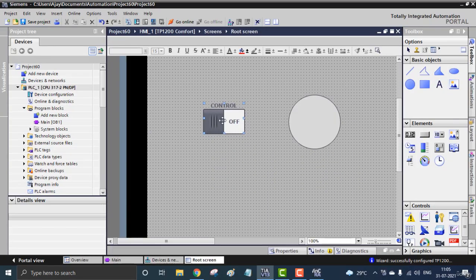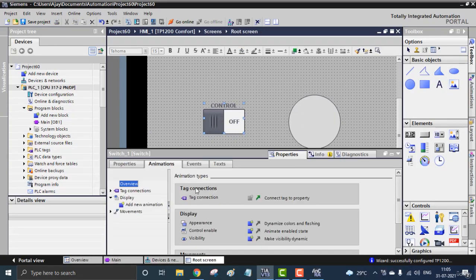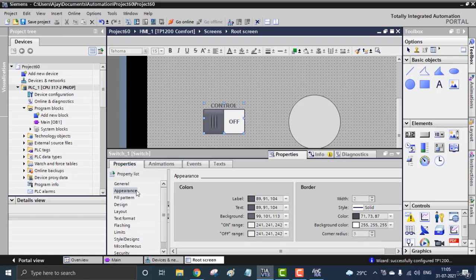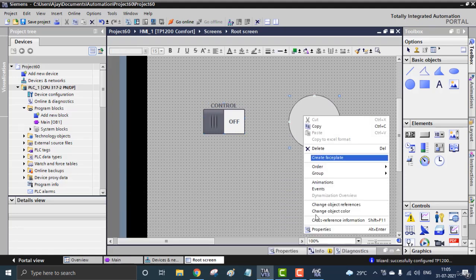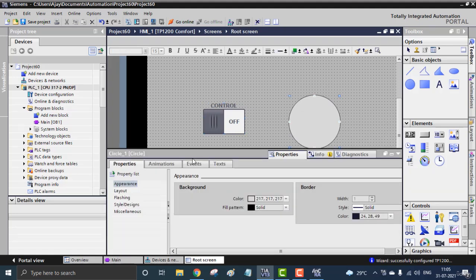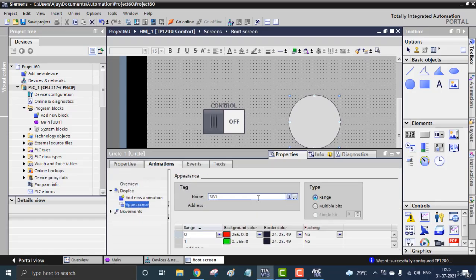Minimize, and inside the switch, go to the properties. In the general properties, I just used a tag for the process tag, SW1, a boolean tag. A boolean tag means an on and off tag. Next, for the circle, in the animations, I go to the overview and then the appearance.